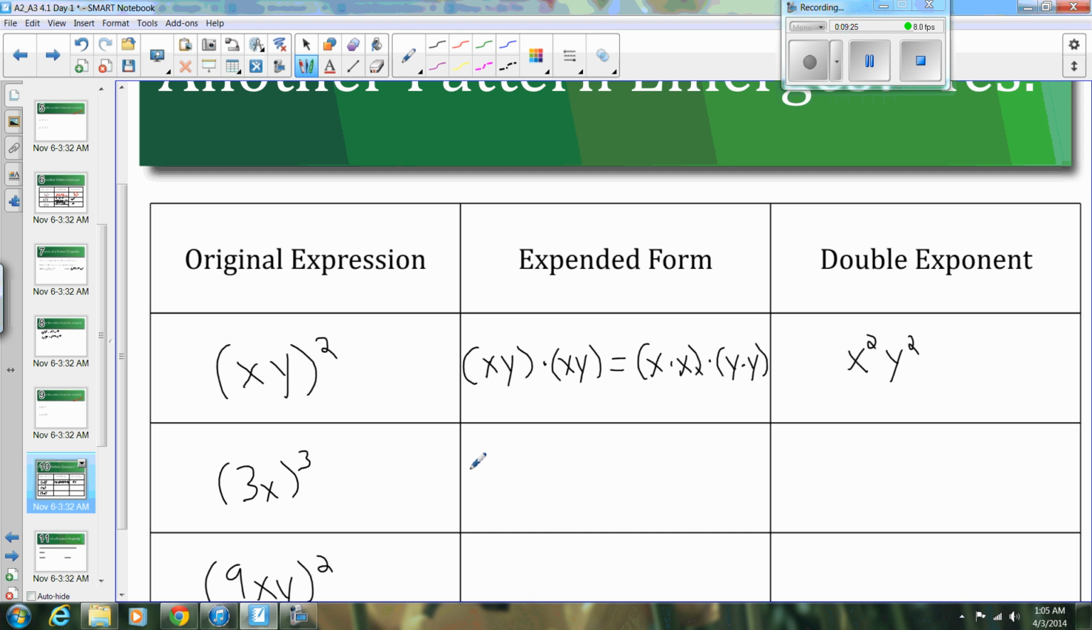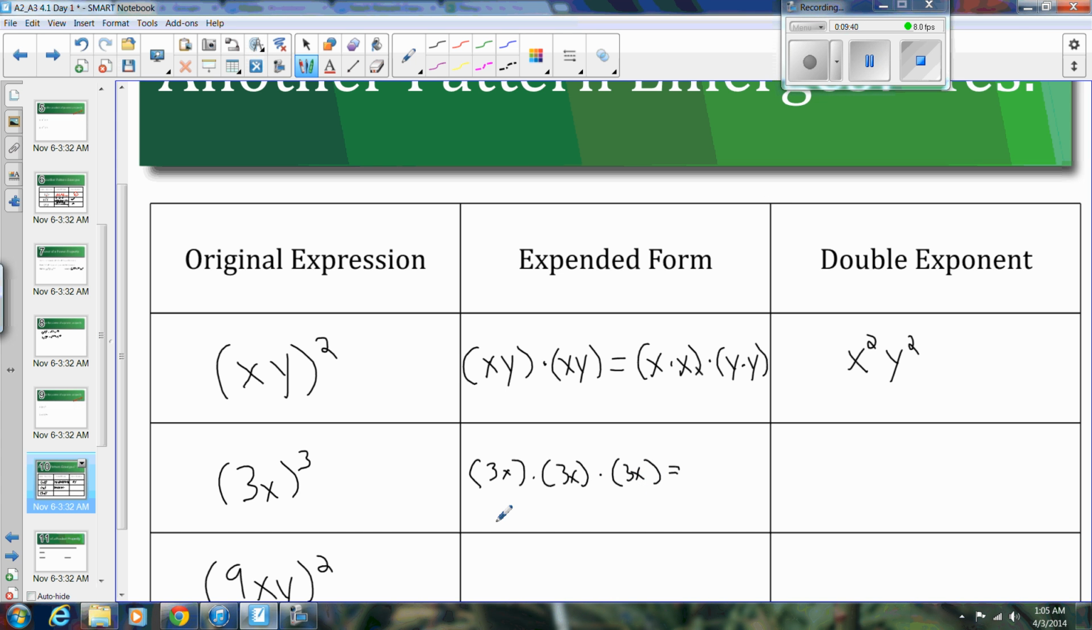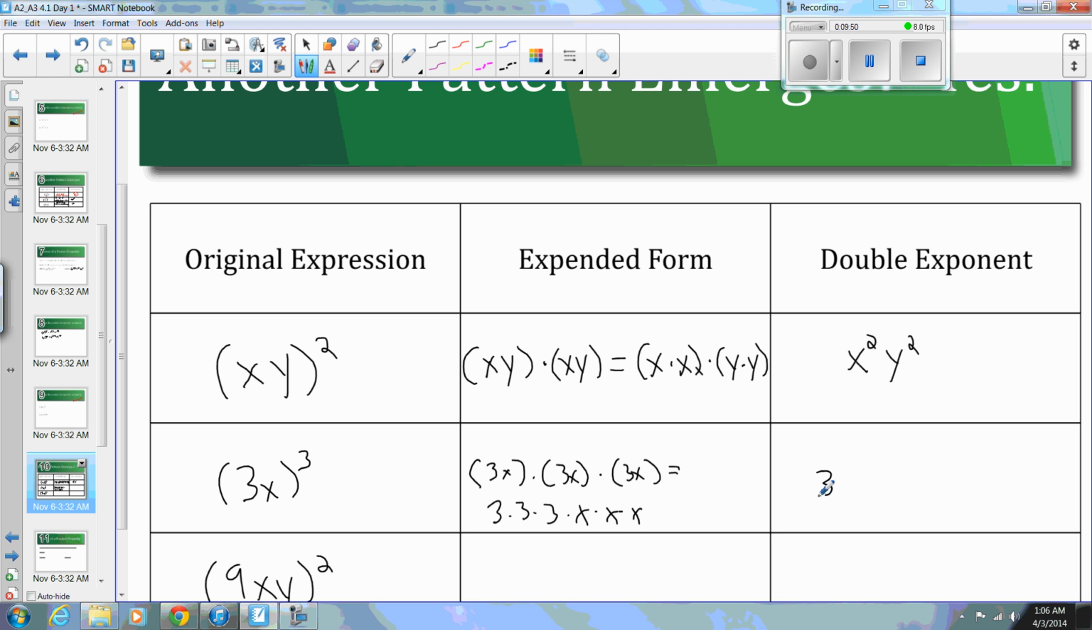So let's take a look at this as well. What about 3x quantity cubed? Well, that's just simply 3x times itself: 3x times 3x times 3x. And what is that now? Well, if I take the 3's and group them together, and I take my x's and group them together, then what could that be? That is 3 cubed,